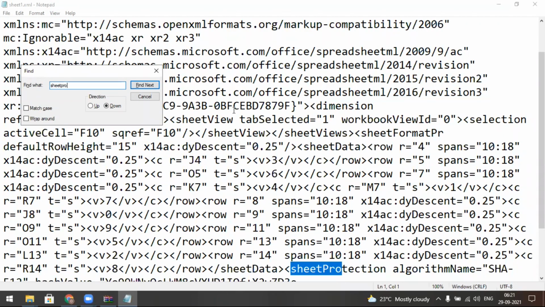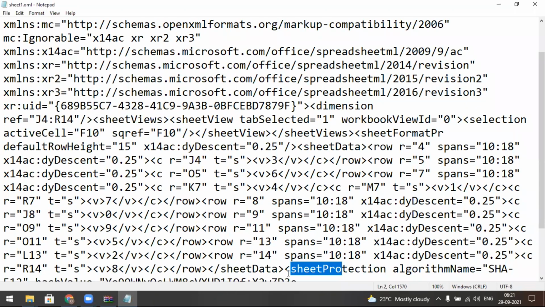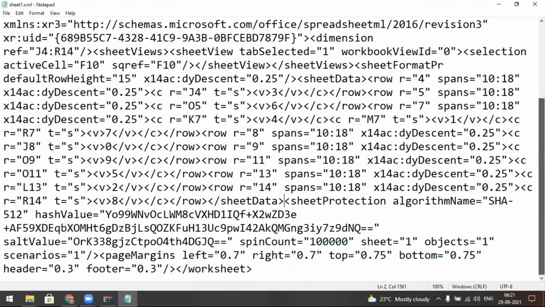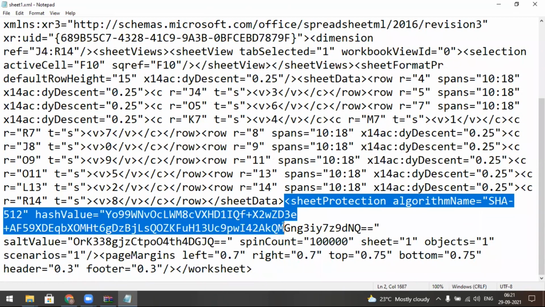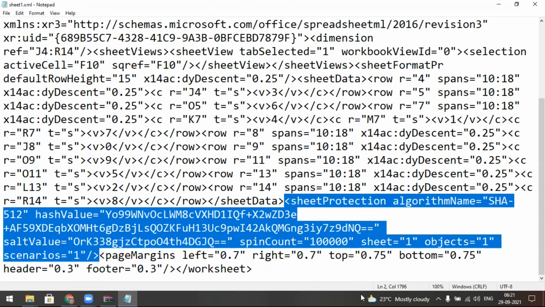An Excel file can also contain content. So you must select the sheet protection; this is called a tag. This is the starting, and this is the ending. You must select from this one to this one.